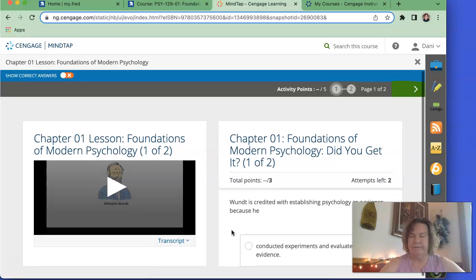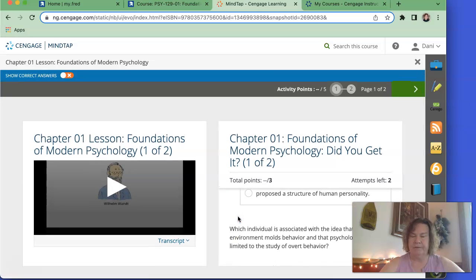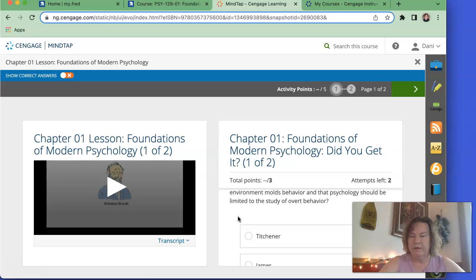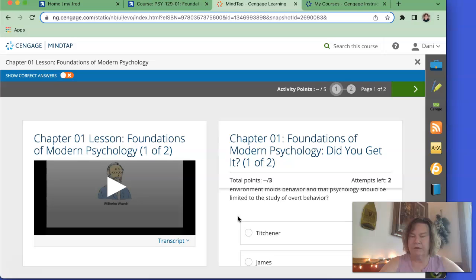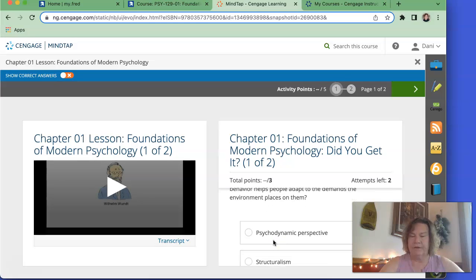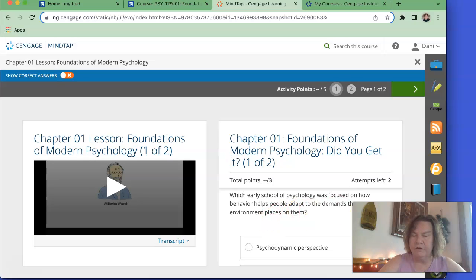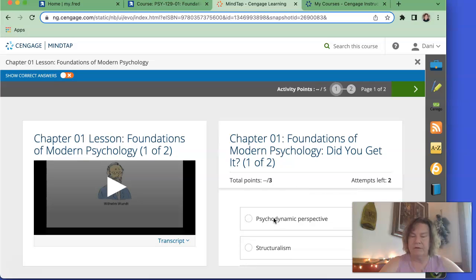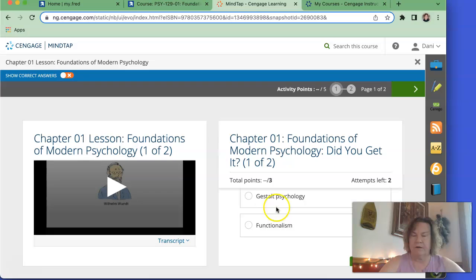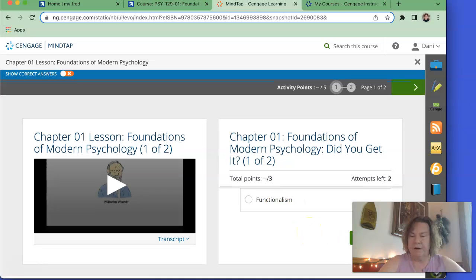Then which individual associated with the idea that the environment molds behavior should be limited to the study of overt behavior. There's going to be lots of these, and then there should be a third: early school of psychology focused on how behavior helps adapt to the demands in the environment. So let's try that. All right, and then over here you're going to go submit.